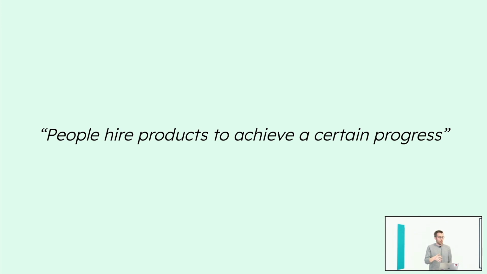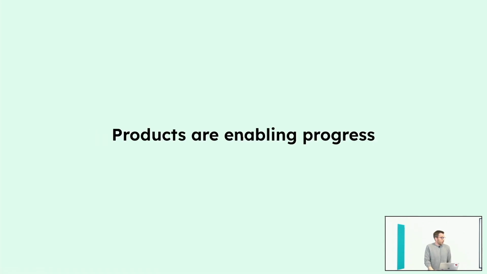And that's interesting. That's a little bit derived from the jobs to be done theory, that I'm hiring products, because also, going back to my smartphone example, I can hire the smartphone for many different reasons. I can hire it to call my mom. I can hire it to use it as a flashlight to find my lost keys in a dark place. So I can hire products for different usages, but all the time I'm trying to achieve a progress. I want to be in a better state afterwards, because after I hired this product for calling my mom, I have called my mom, I achieved a progress. So that's also something to understand, that there's always a progress, and these progresses are somehow connected. So products are enabling this progress, but how does this connection look?